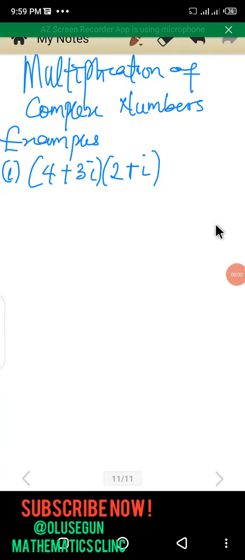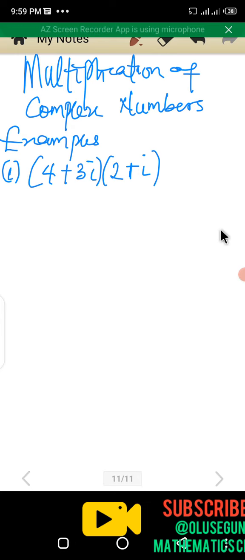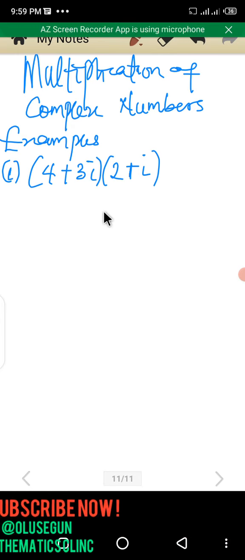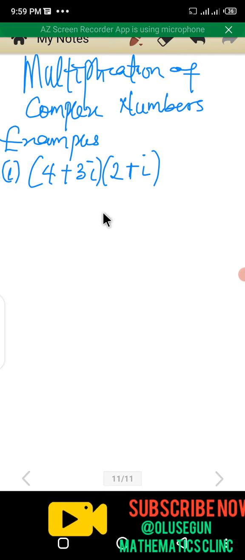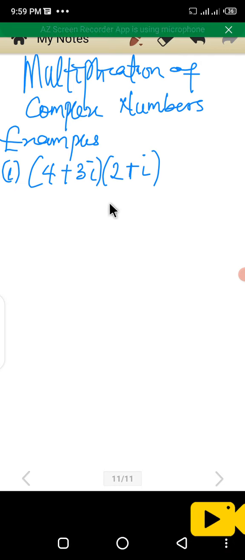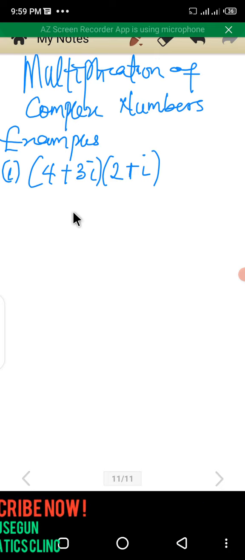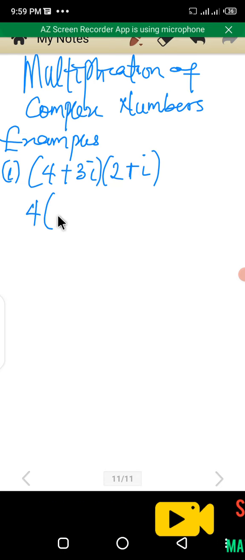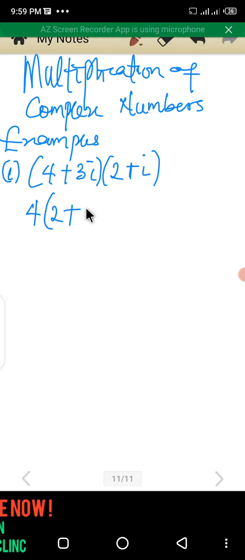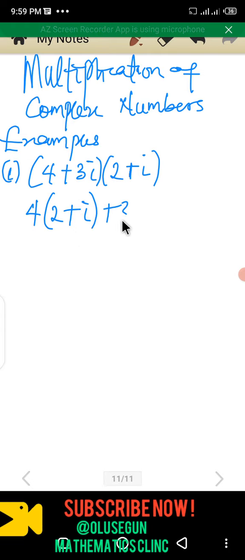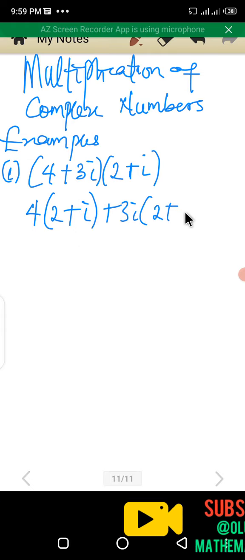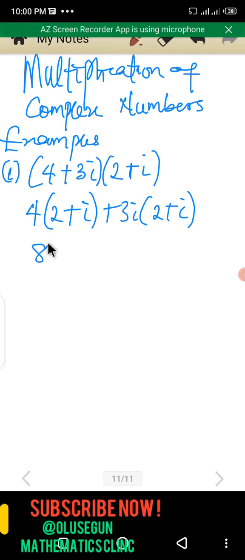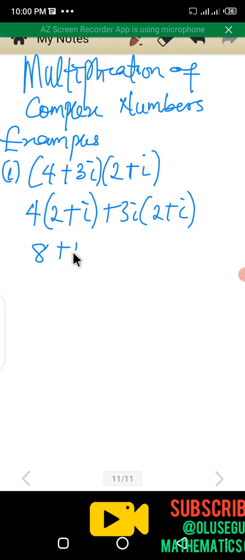This is the part of the complex number. We are going to the multiplication part of it. If you are to multiply two complex numbers together, it's the same thing as when you expand a normal quadratic equation, which will give you 4 bracket 2 plus I plus 3I onto 2 plus I. 4 times 2 will give you 8 plus 4I